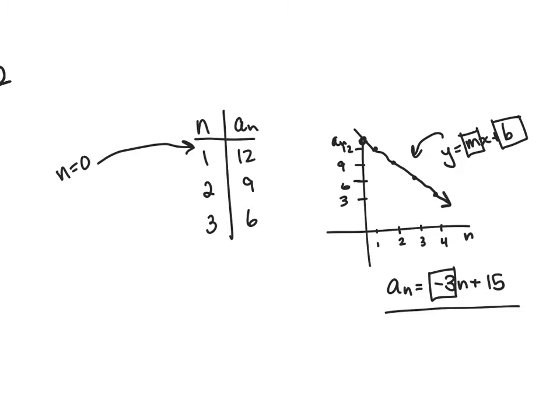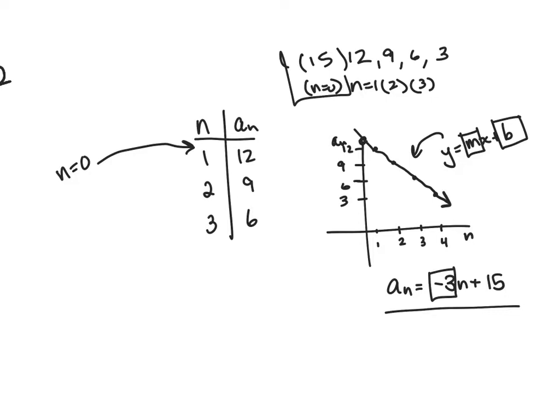But if we wanted to try to imagine if there was a 0 term when n equals 0, so if we have 12, 9, 6, 3, this is when n equals 1, this is when n equals 2, this is when n equals 3. So if there was a term for which n equals 0 and it followed the same pattern, then that term would be 15. That's representative of a y-intercept if we're talking about linear functions. And that's represented here